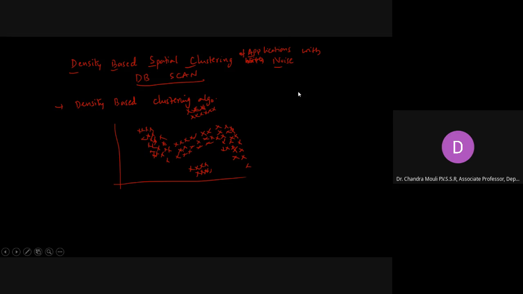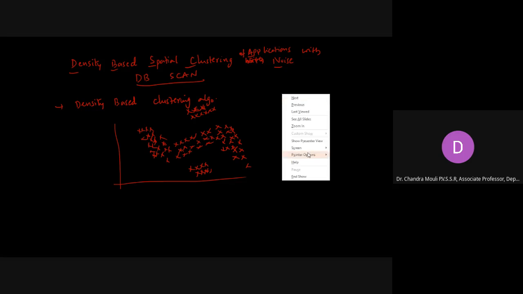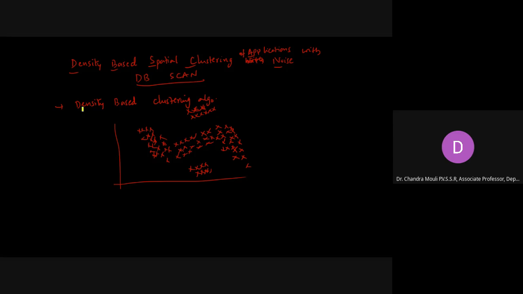So what your DBSCAN will do is it will start with some arbitrary position over that space. It starts with some arbitrary point and then it keeps